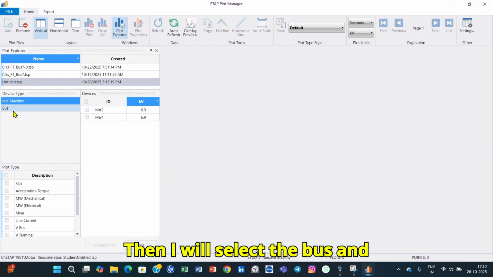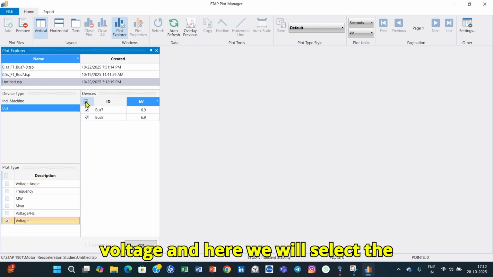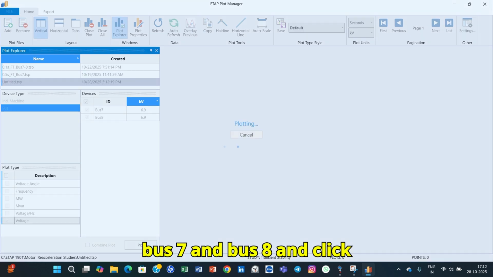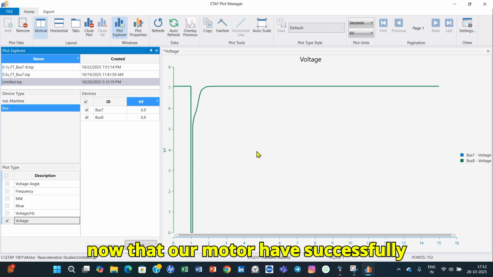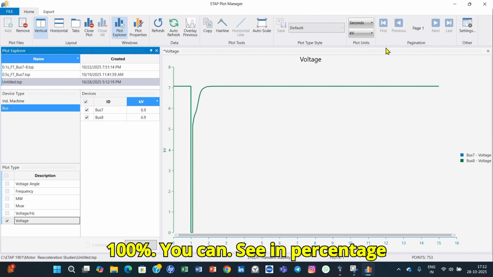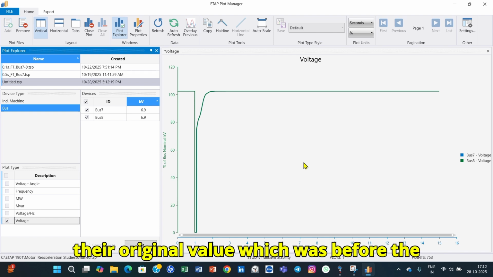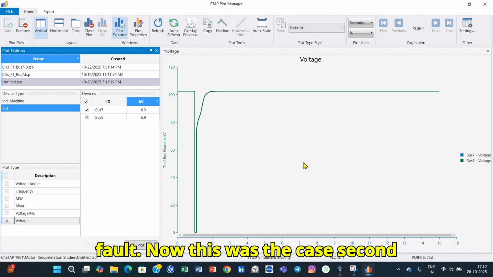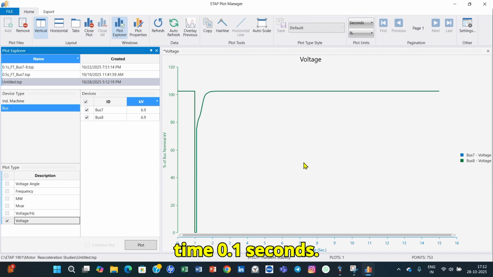Then I will select the bus, and in the bus I will select the voltage, and here we will select bus 7 and bus 8 and click on the plot, and you can see now that our motors have successfully reaccelerated. The voltage has gone back to 100%. You can see in percentage also. Now the voltage is back to its original value, which was before the fault. This was the second case, when we decreased our fault clearing time to 0.1 seconds. So that means our motors have